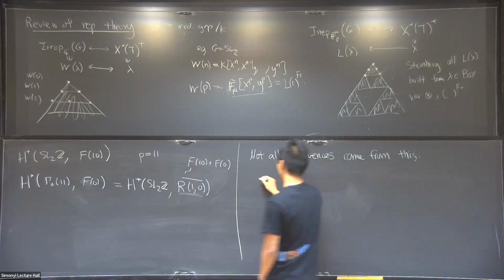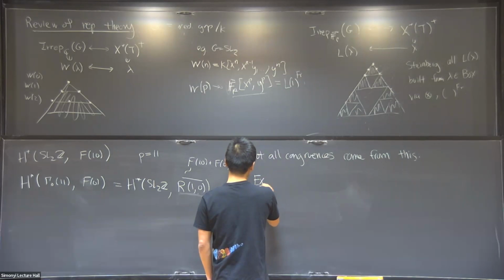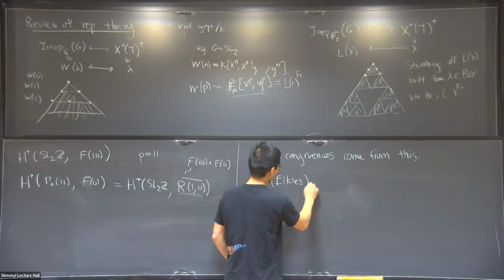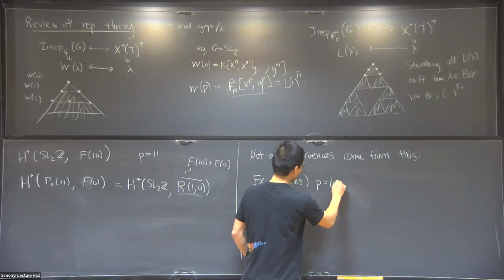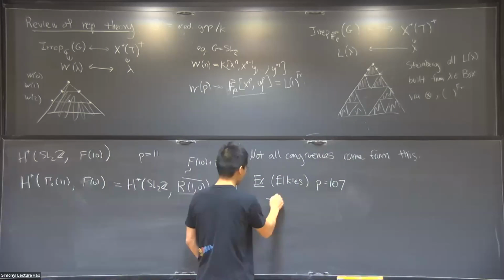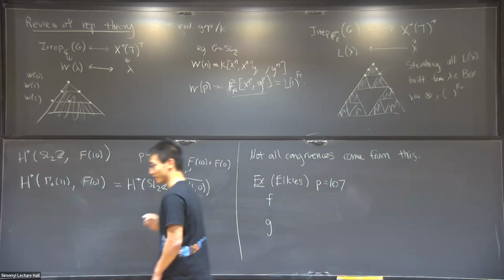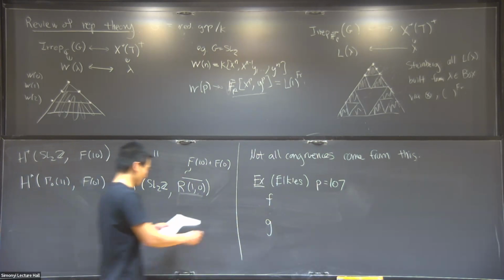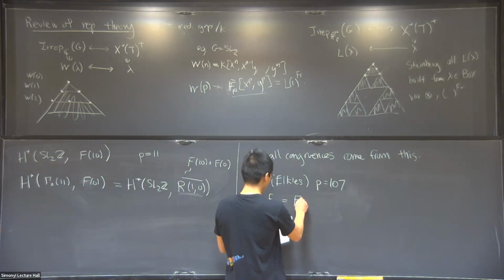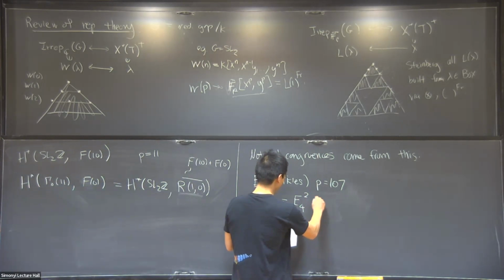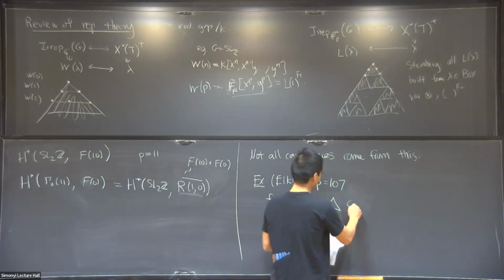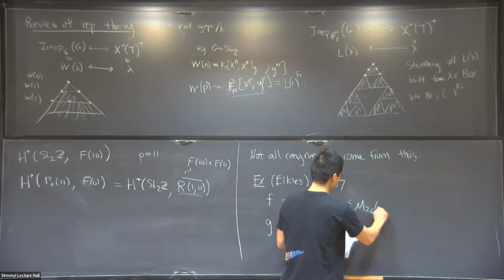So I'll just give another example, due to Elkies. And here the prime is 107. And there are two modular forms. I can't really remember what they are, so I'm going to start writing down a small part of their expression. Actually, one of them is not that complicated. It's a standard Eisenstein series times this delta function from before. It has weight 26, level 1.